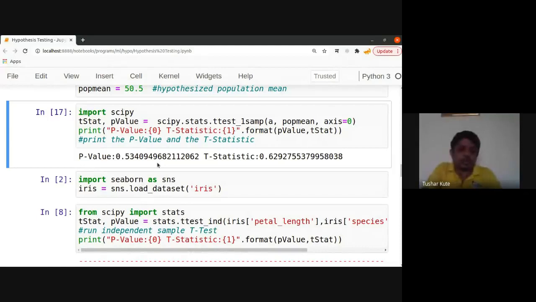Remember, 53% is actually a large number, but the probability should approach 0, as low as possible. The T statistic value is also very low, 0.6. For the one sample T test, that can be directly performed using the same function. When you apply the function, it will generate the P value and the T value. So it's possible to apply the T test on the data set, and based on that, we can test whether the samples' means, the averages, are the same or different.